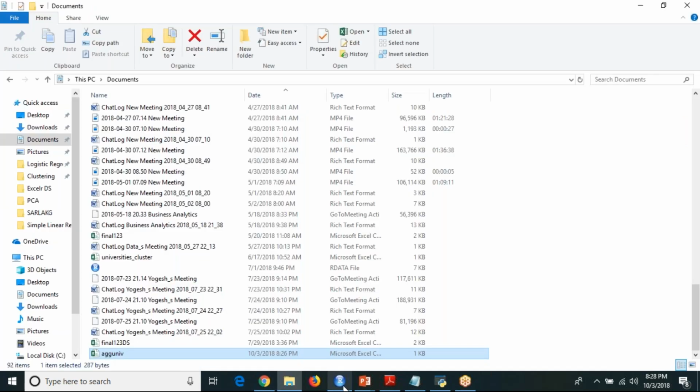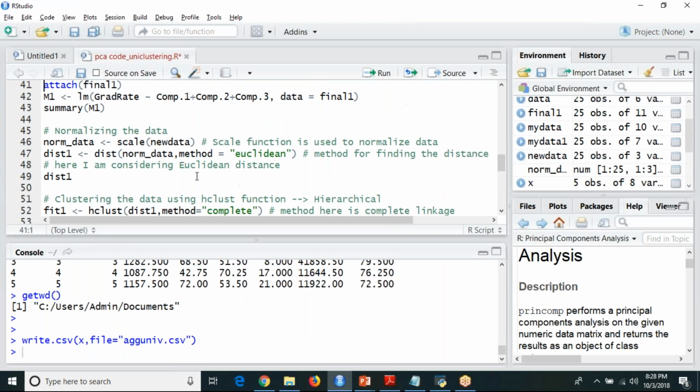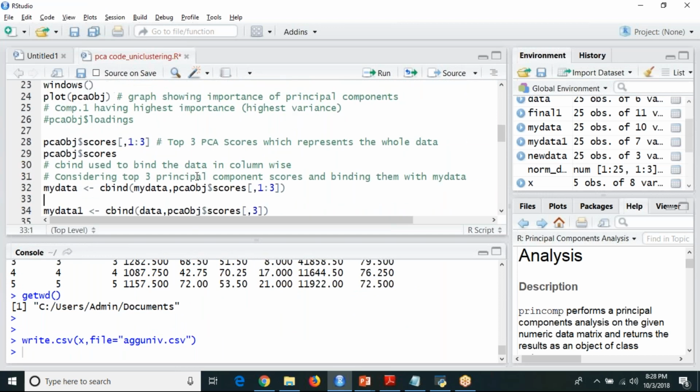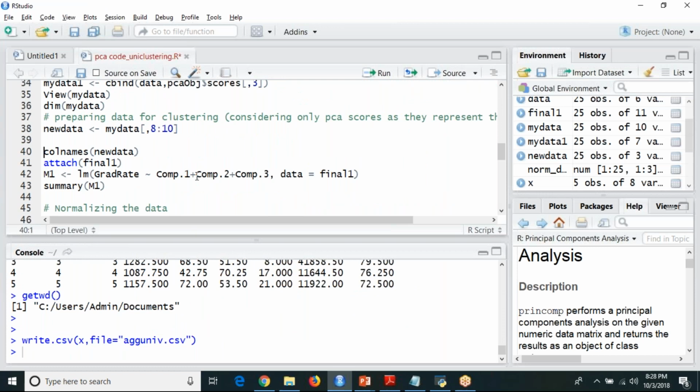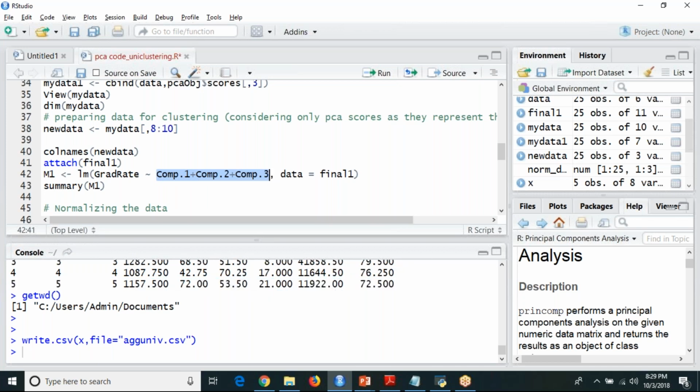It is simple. I'm going to use only component 1, PC1, PC2, PC3 from your final data set, and I'm predicting my graduation rate. This is one way.